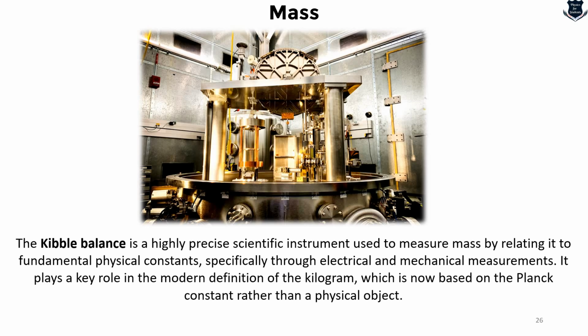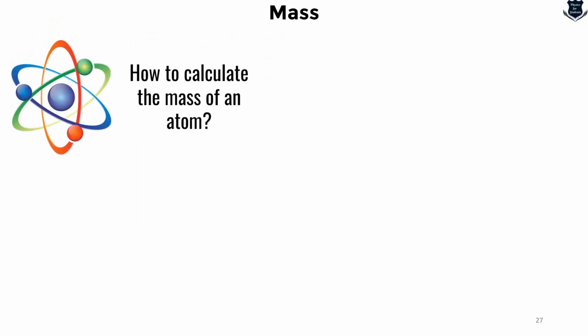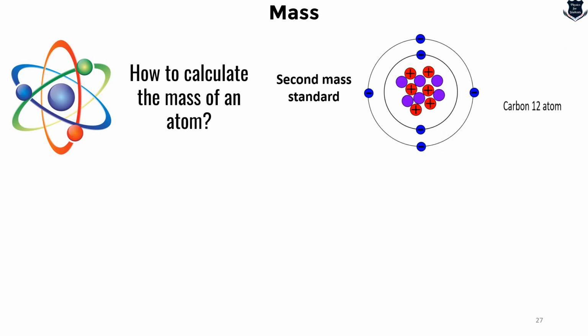So this Kibble balance, which is obviously a very complex instrument, is now redefining the 1 kilogram, and this is done using Planck's constant and the equation E equals h nu. Now, this is all fine with bigger sizes of physical matter. But what about how to calculate the mass of an atom? Remember, the masses of atoms can be compared with one another more precisely than they can be measured with the standard kilogram. So for that reason, we have a second mass standard,